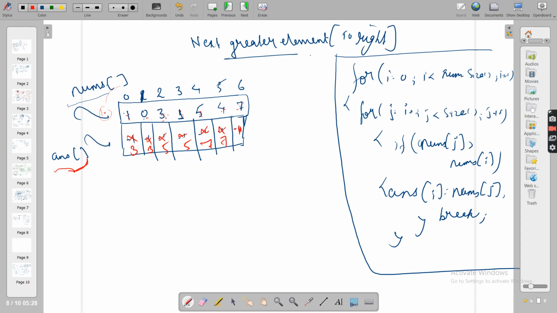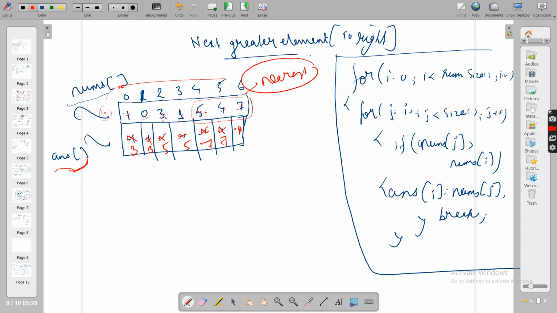So guys, see, for 3 you are having many choices: 4, 5, 4 and 7. But which one do you choose? The nearest one. While going from here to here, you choose the nearest one. By nearest you can say latest. Let's go with this bit by bit, in an easier way. We should not jump to any conclusion as such.